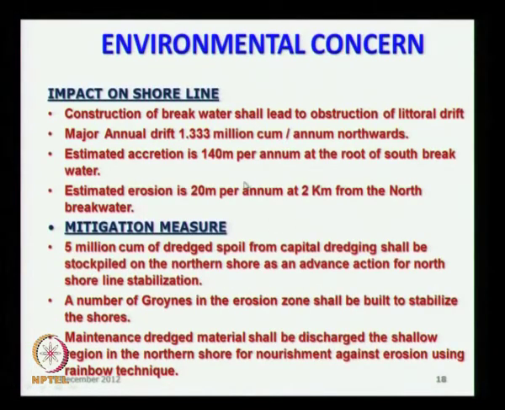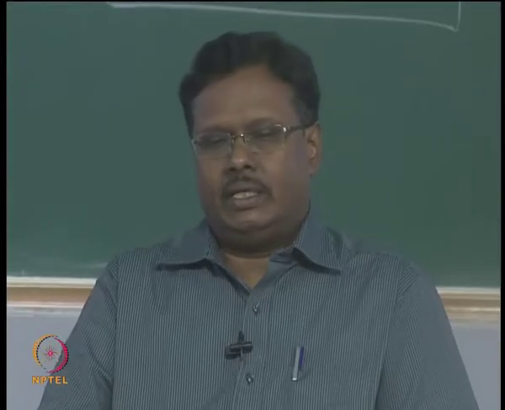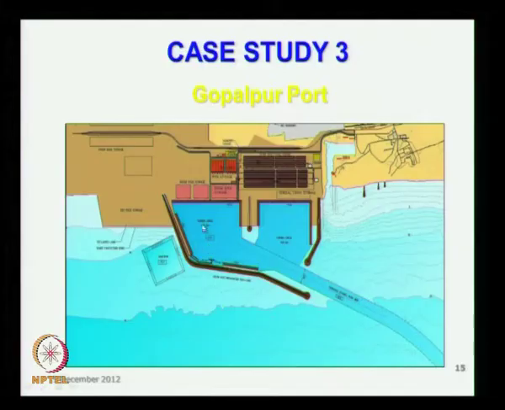This is based on the numerical model study, and this is happening also. We have seen that after construction of breakwater, this much accretion on the southern side and this much erosion on the northern side. What is the mitigation measure? We have to, for capital dredging, to create the entrance channel. See this channel, I have seen this is 5 meter, 10 meter and 15 meter contour. The channel depth should be 15 meter, that means the whole area here they will dredge to 15 meter.